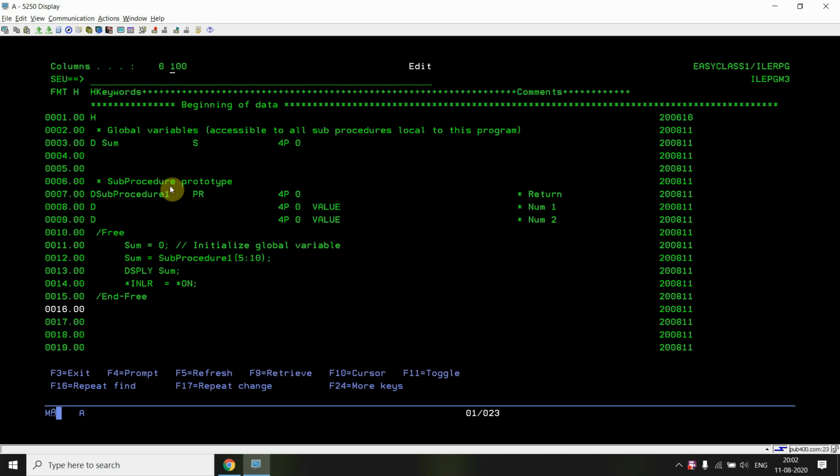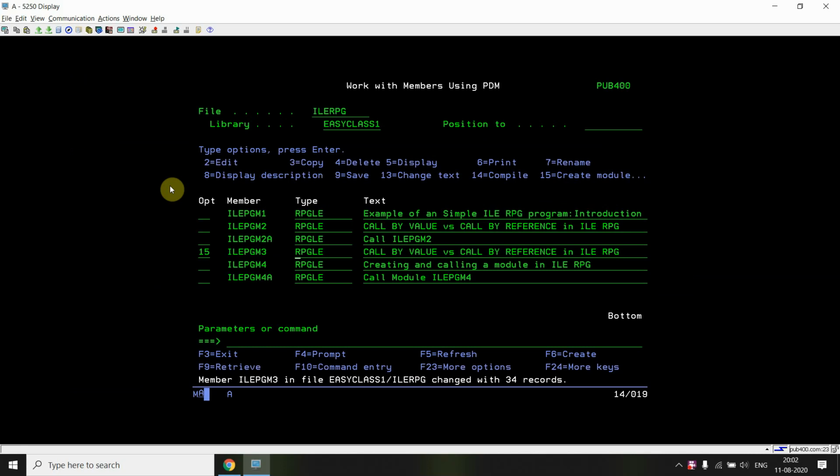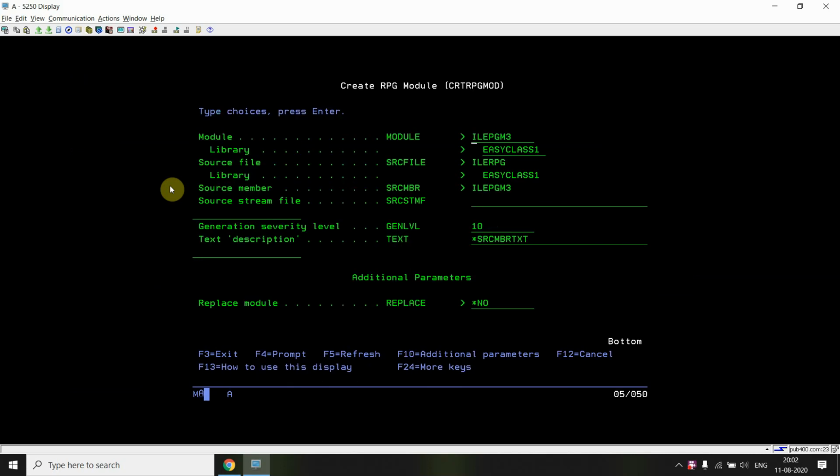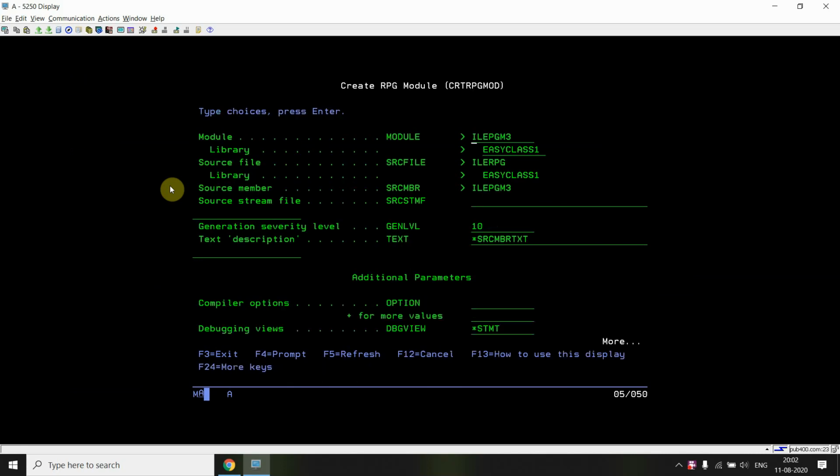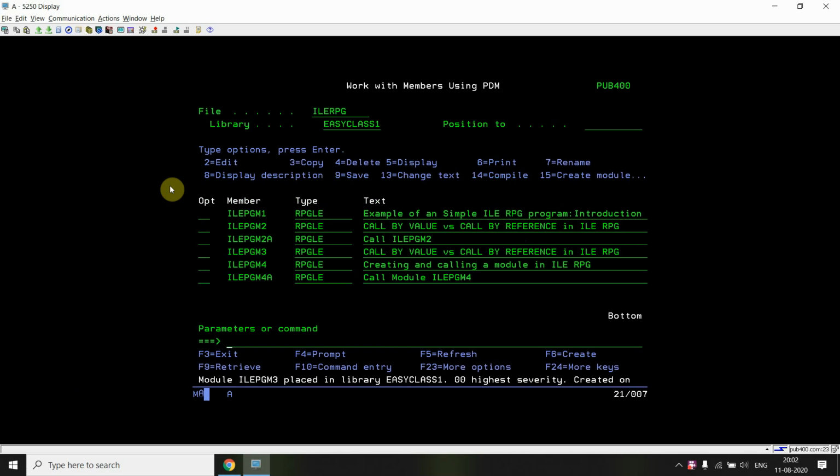So let's see. Just save this program, compile and create the module with star source. The module is created.